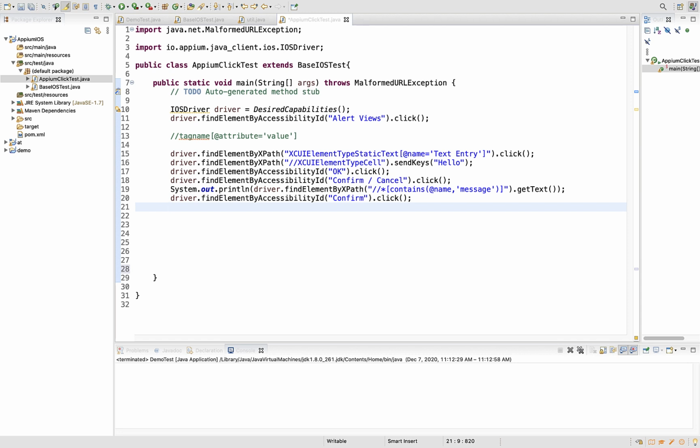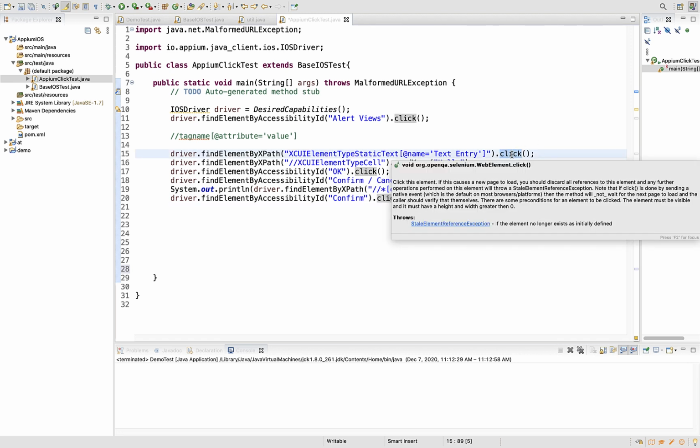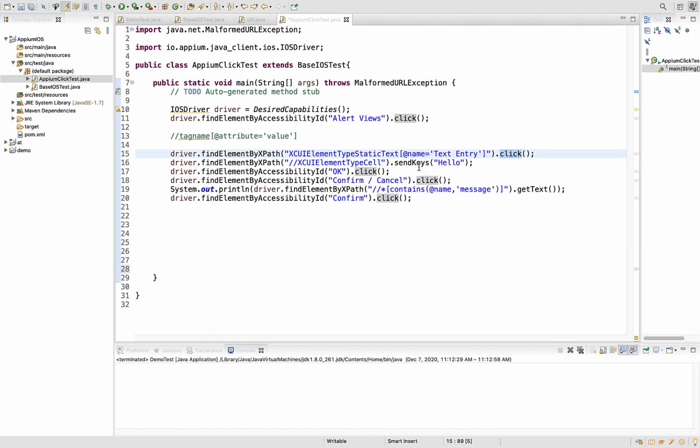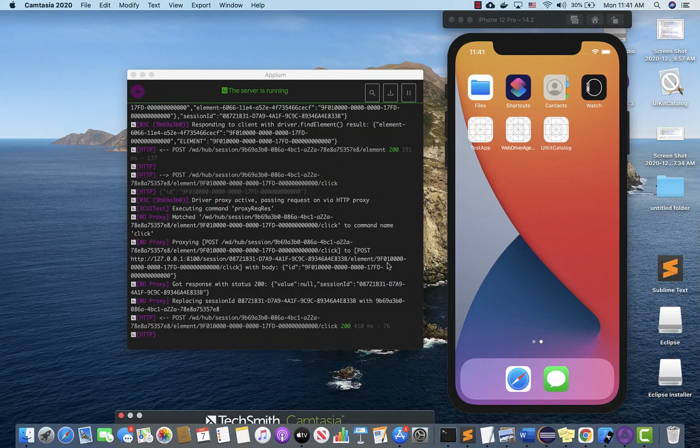So in this test, we covered how to click on any element in a mobile app. We also covered how to enter values in edit boxes, and we covered how to grab the text from the app pages. Let's run this code and see how this goes. Okay, put double slashes here. We missed this while writing an XPath. Hope you caught that. So I'll go ahead and run this test, and I will quickly open my emulator.